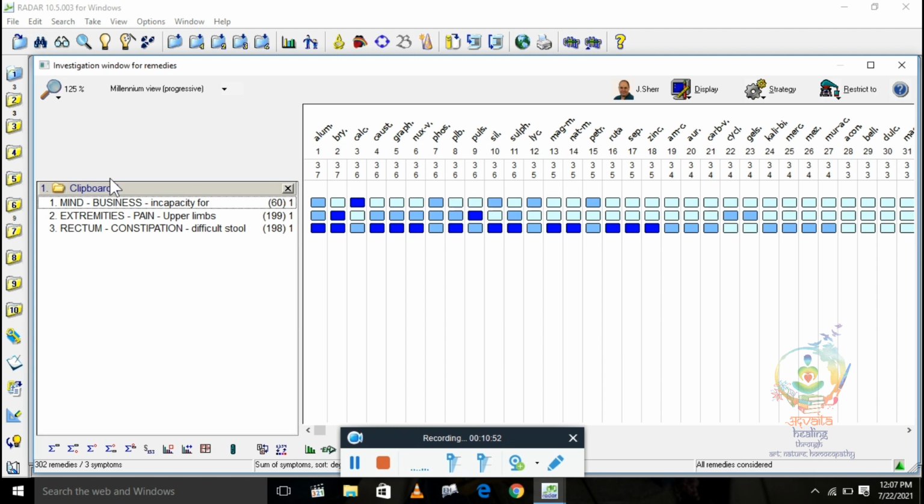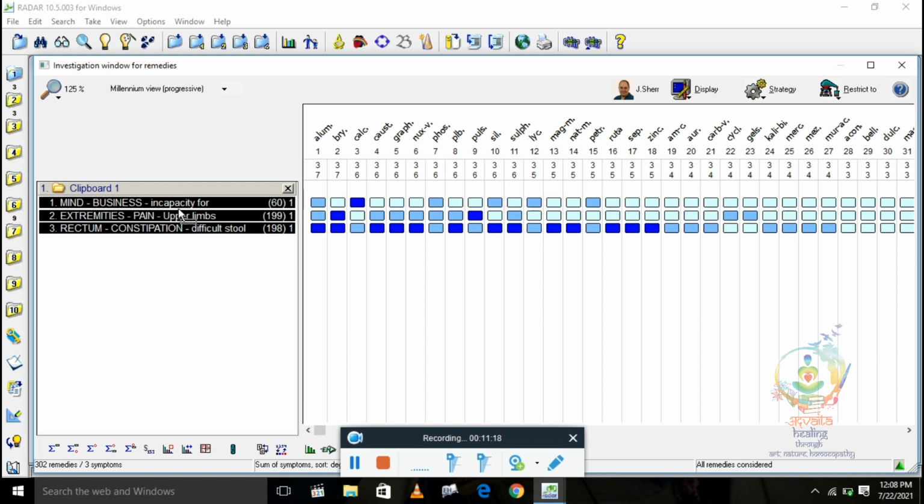Okay, now see, you have 10 clipboards here. Why are 10 clipboards given when you can record in one single clipboard? See, you were working on a particular case, and suddenly one acute case came, but you don't want to delete the one which you were working on.